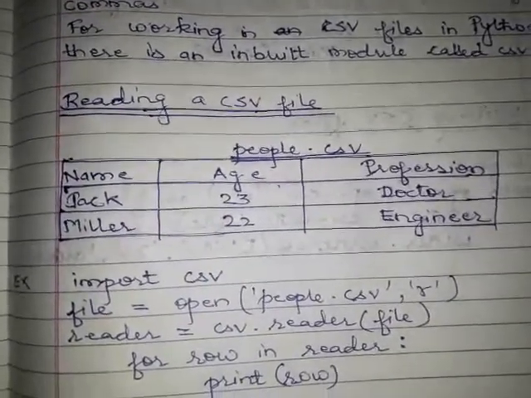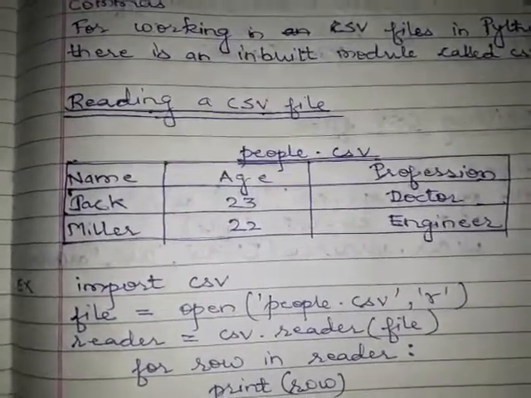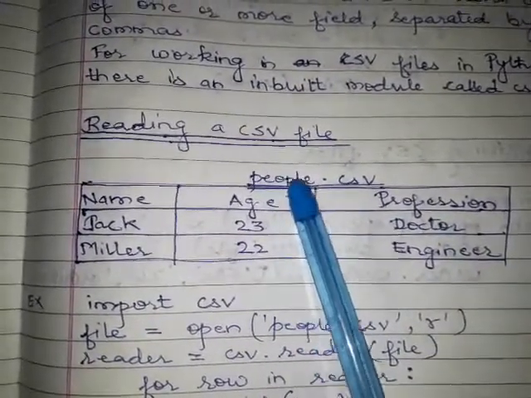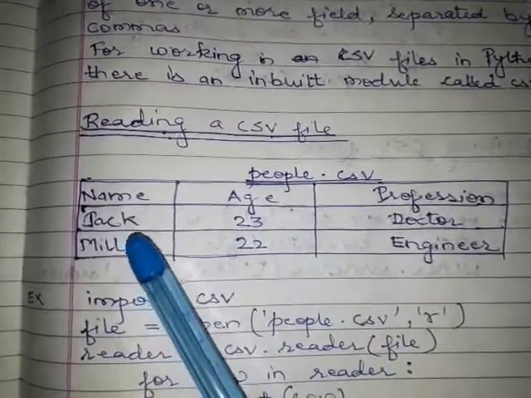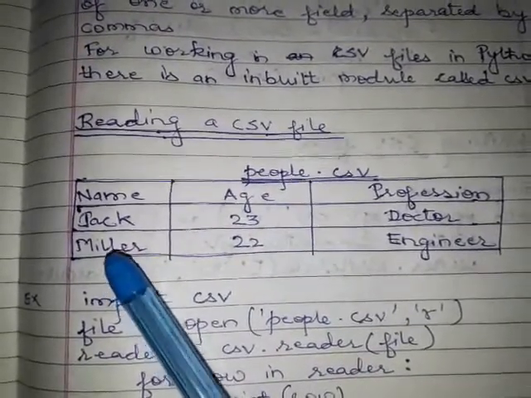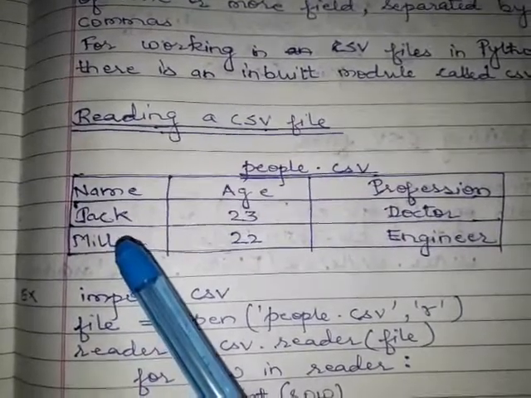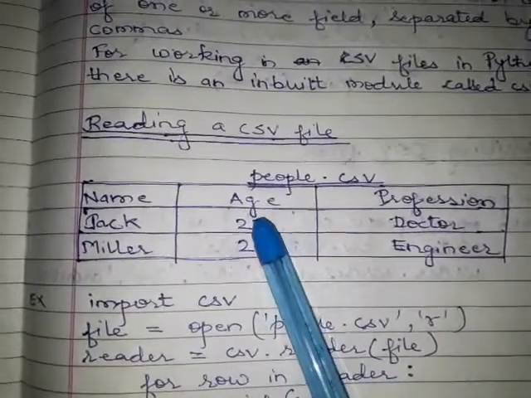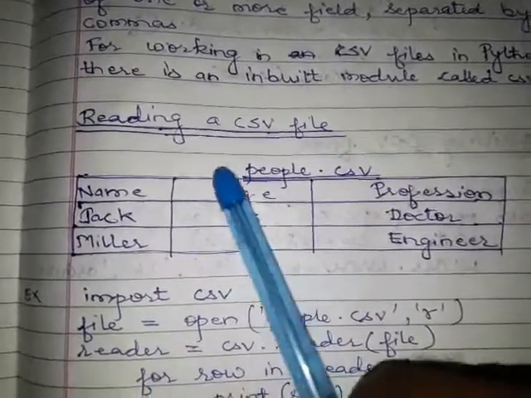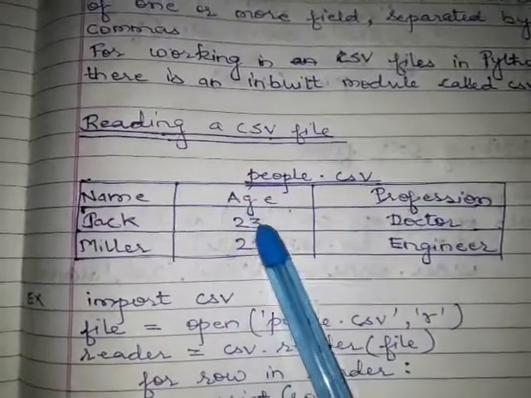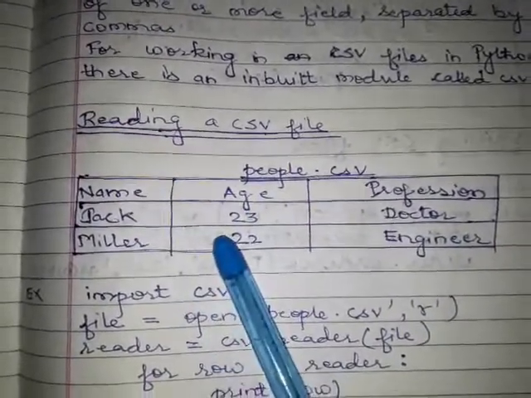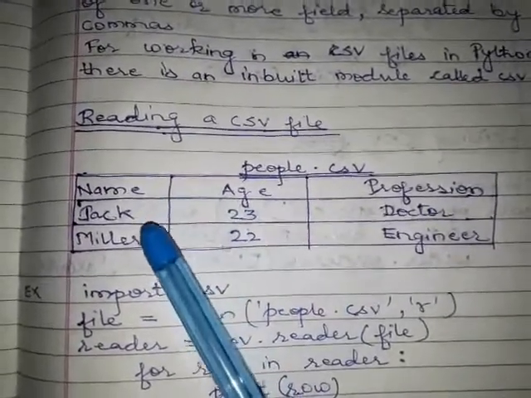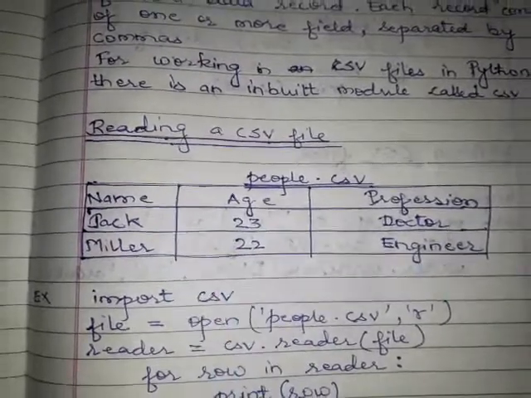You have to go to the save as option, and in the save as option name this file as people. Write only people, and save as type as CSV comma delimited. The delimiter is comma. Okay, then save. Click on save. So first of all, make this file in MS Excel, then choose the save as option, and give the name of the file people, and save as type is CSV comma delimited.